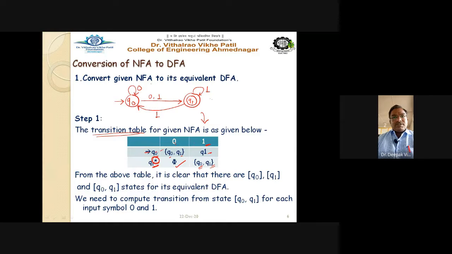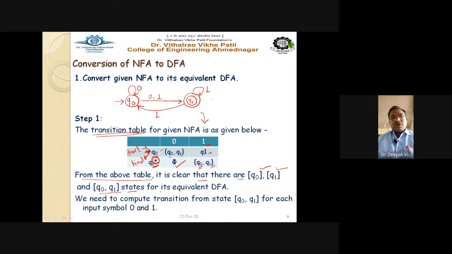And this arrow means it is nothing but your start state. So the start state is always marked with the arrow, whereas the final state is marked with the star symbol. This is the point. Next point. See here carefully, from the above table it is clear that there are q0, q1 and q0,